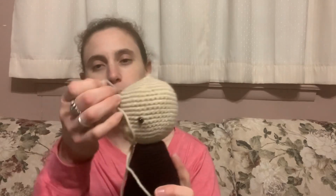So let's start with this person. I didn't weave that in yet, but this is as far as I've gotten so far. So a couple days ago I did show you that I got the Iconic Women book, and this here is Ruth Bader Ginsburg. It's RBG. And so she's got her little robe on,